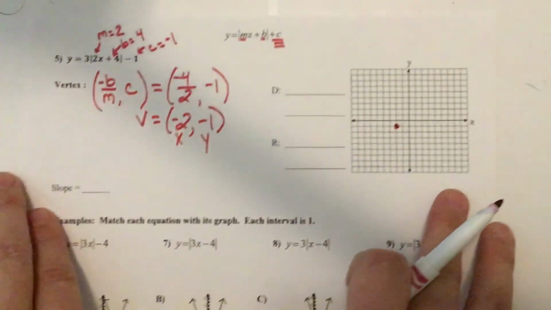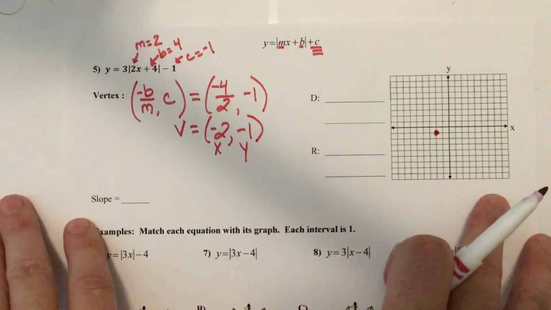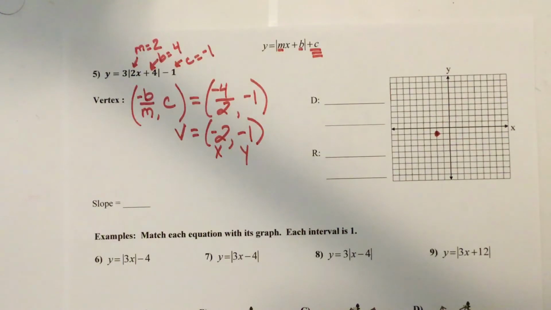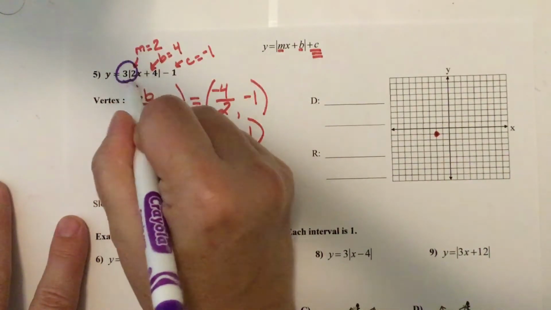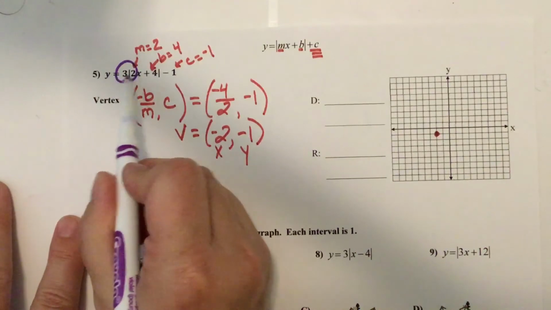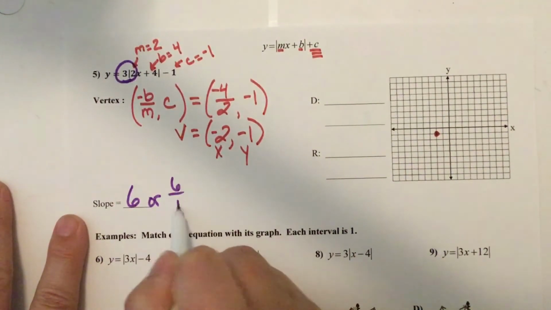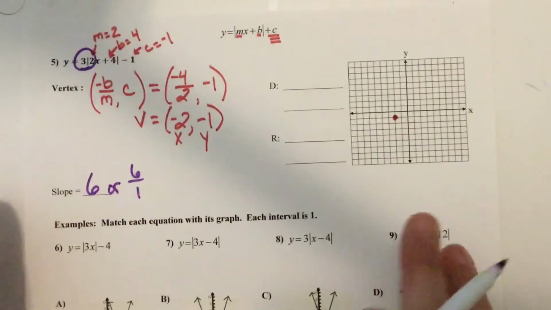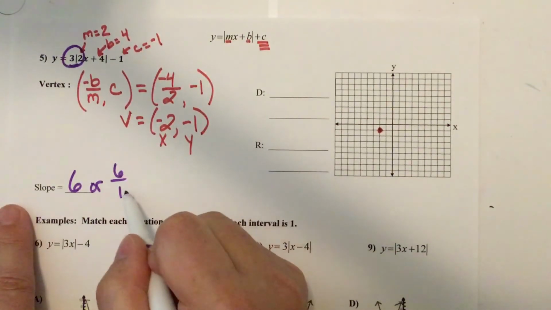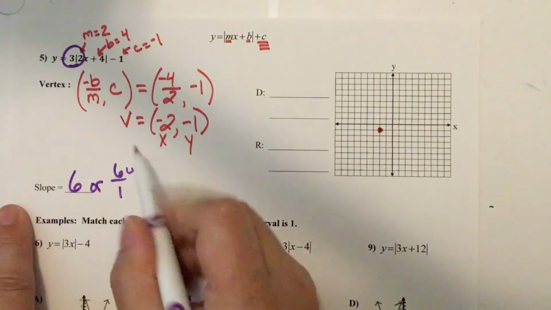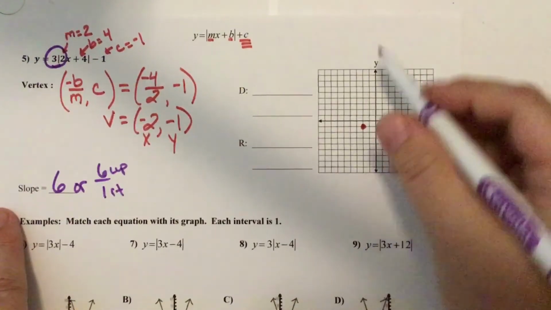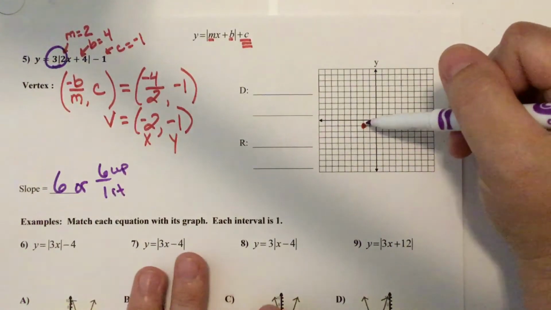All right, now let's find slope. Slope is anything smushed with the X, inside, outside, or both. Any idea what the slope might be? 6. The slope is anything smushed with the X. Because they're smushed, you multiply them, so the slope is 6. And remember, that's the same thing as 6 over 1. So slope is rise over run, so I'm going to go up 6 and right 1. So go to the vertex, up 6,